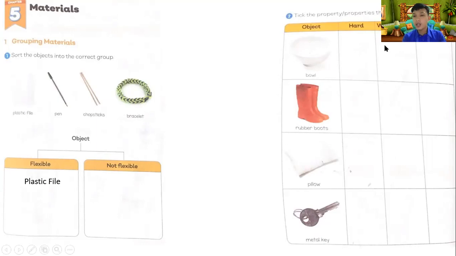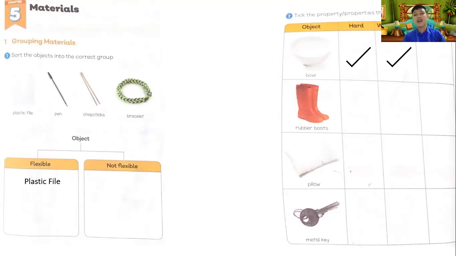If it is waterproof, check. Can be bent? I think no. So, for the bowl, you can go ahead and just check the hard box. You can check the waterproof box. But not the can be bent box. Okay? Because a bowl, you cannot bend it.